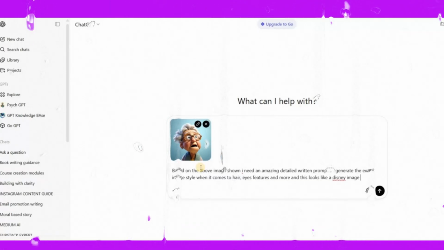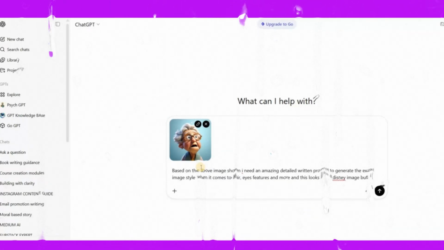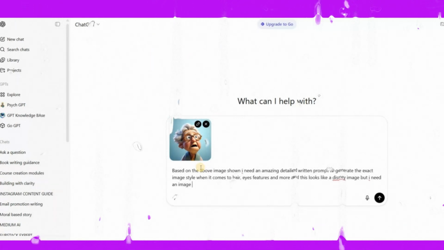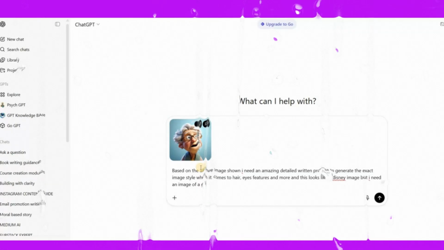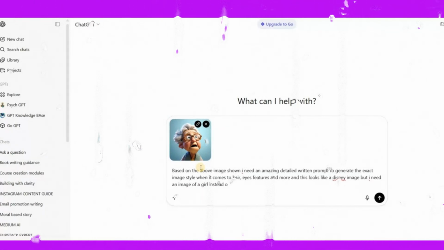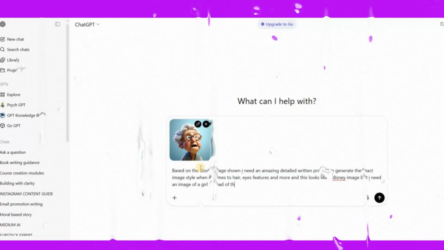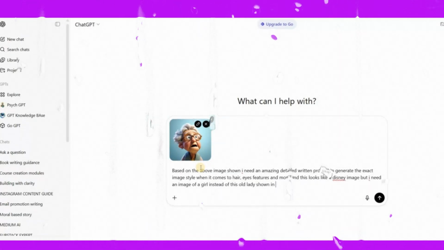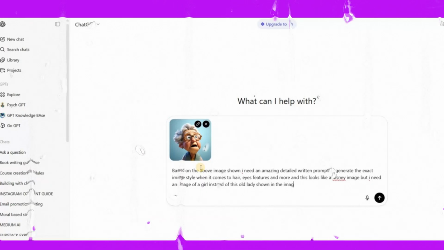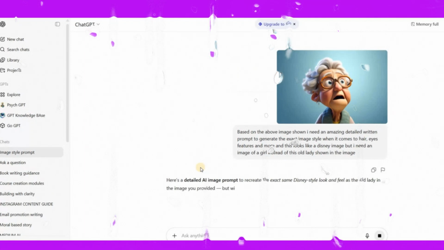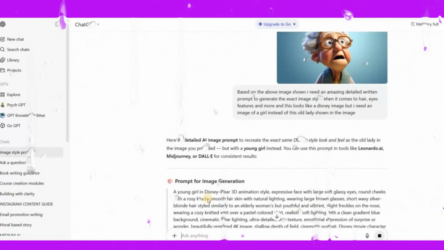And this looks like the Disney image, but I need an image of a girl instead of this old lady shown in the image. So if I hit enter, let's wait for a moment so that GPT could easily understand and generate